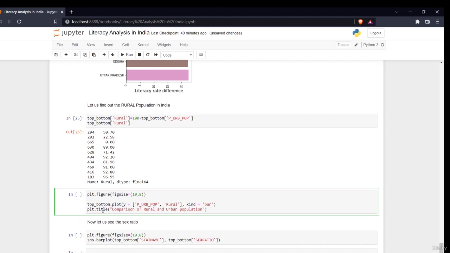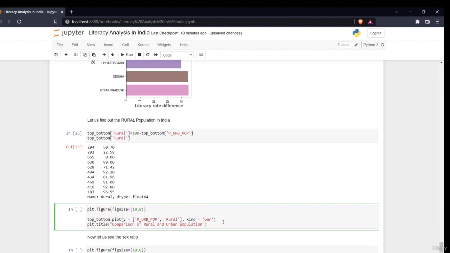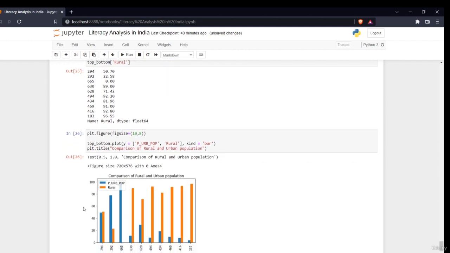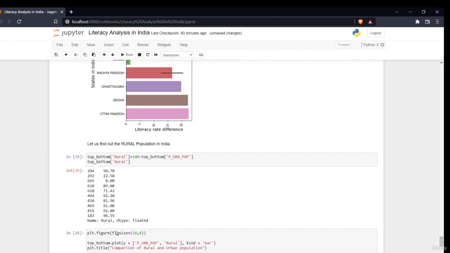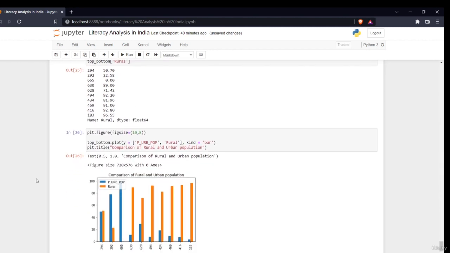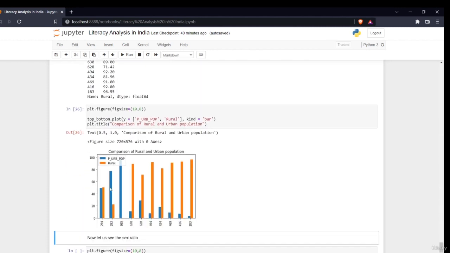So now we'll just compare the top six states: what is the rural population and what is the urban population. You'll find that the maximum population is rural. The first three states are Mizoram, Puducherry and Kerala, and the rest four are Uttar Pradesh, Madhya Pradesh, Karnataka, Odisha and Chhattisgarh. These have a very high number of rural population, and in the urban population state we have,